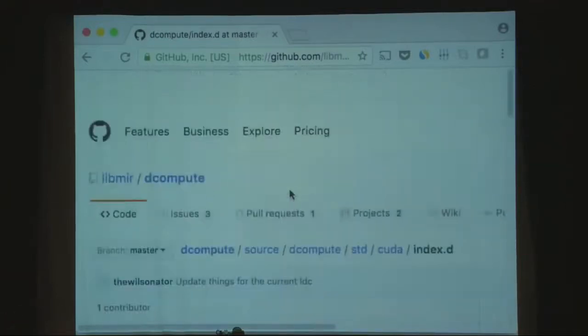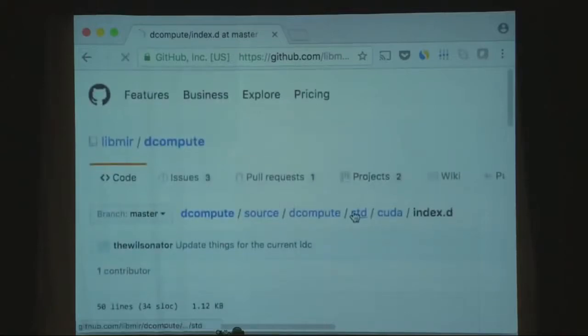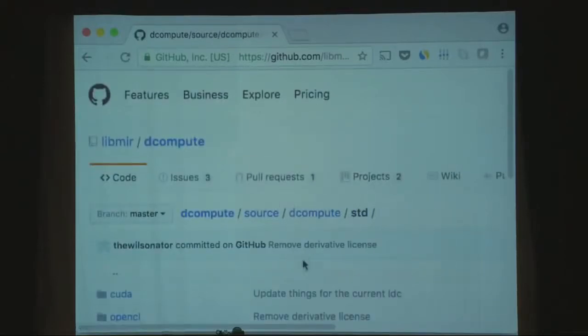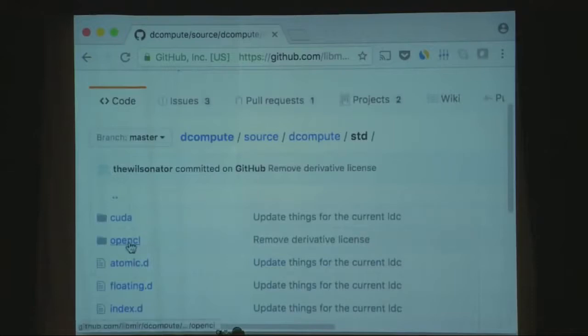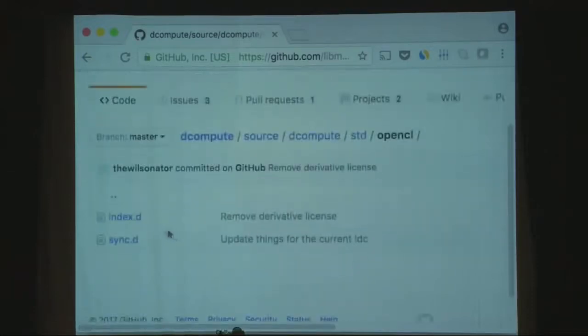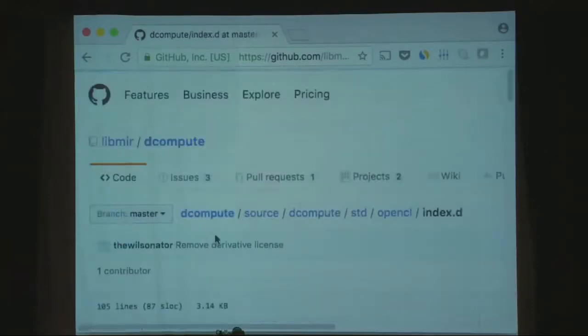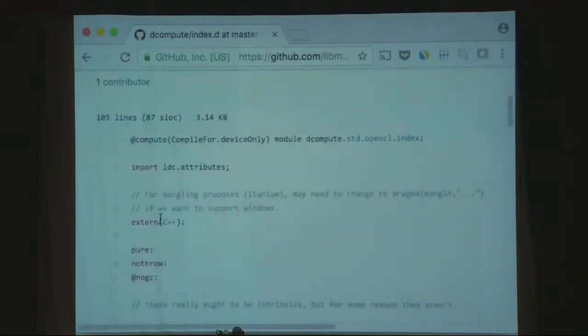And the OpenCL stuff is similar, except that it's got an extern C++ there because this was taken from stuff that was originally supporting OpenCL C and C++. I haven't got around to changing that yet because it's slightly more difficult.